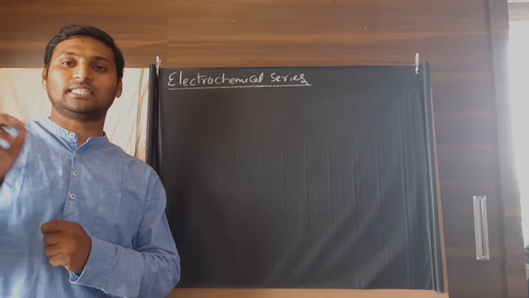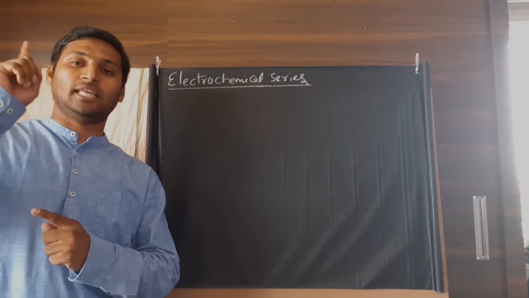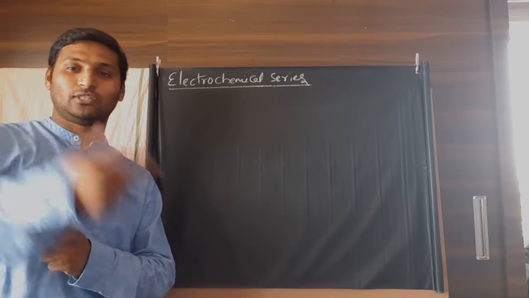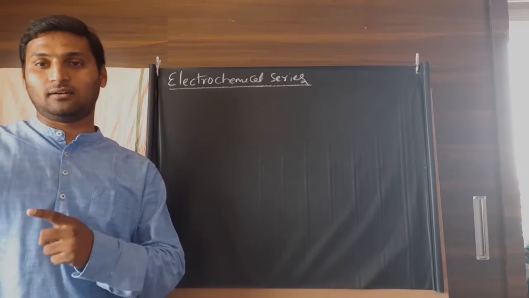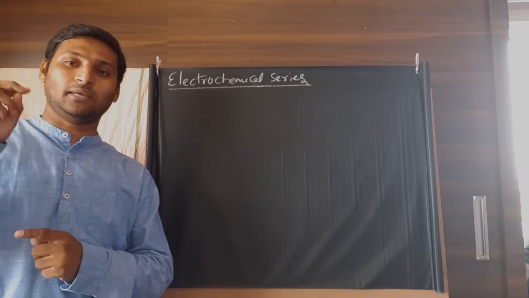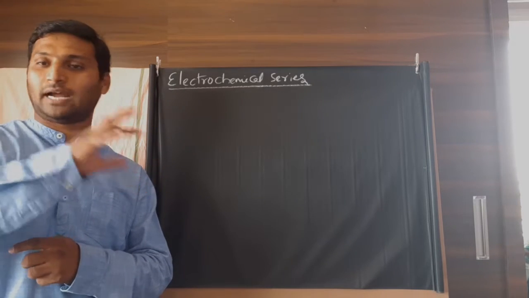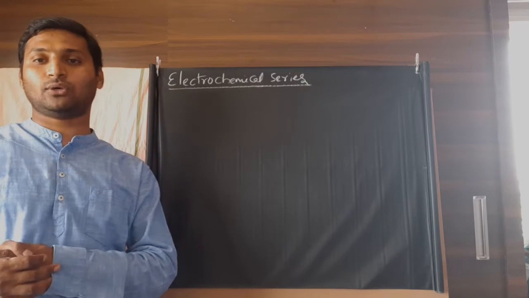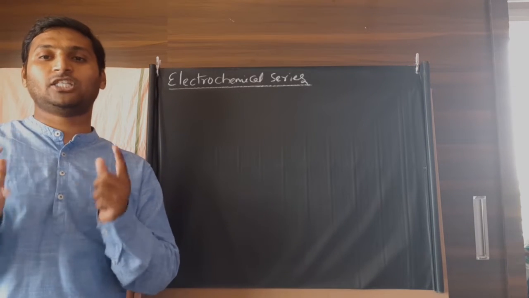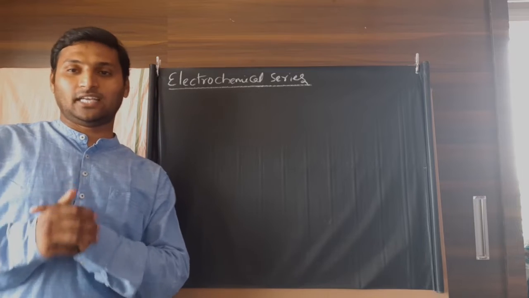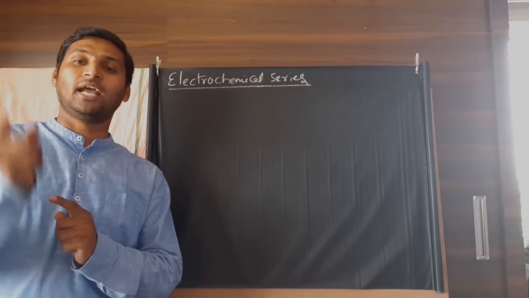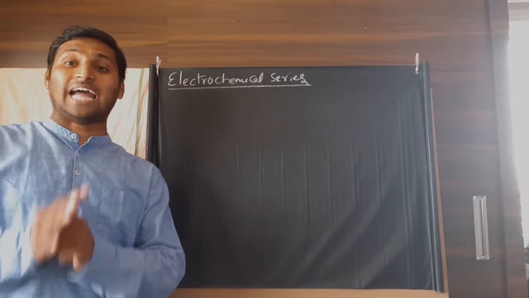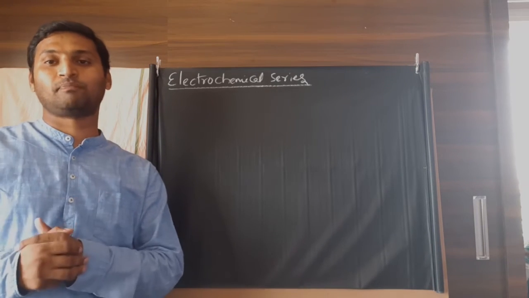And because it is a standard hydrogen electrode, they maintained 1 molar concentration of solutions in both the hydrogen electrode and the electrode in which the potential is determined, and they continuously maintained 1 bar pressure for hydrogen. If the other electrode is also a gas electrode, they would have maintained 1 bar pressure there also, and the determination is done at 298 Kelvin, that is room temperature. That's why all these reduction potential values determined are standard reduction potential values.